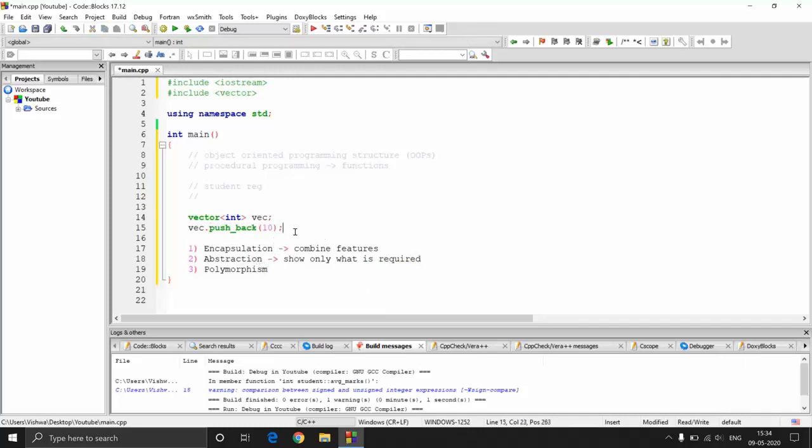actually an implementation of abstraction. So you don't know how this works, but what you can do is you can just put in a number and then it goes and sits in the memory. To use such a function, it is not required to know how it works, so that is abstraction. And polymorphism is nothing but being able to use the same thing in different ways. We'll be talking about this at a later stage when we are discussing classes, but for now this should